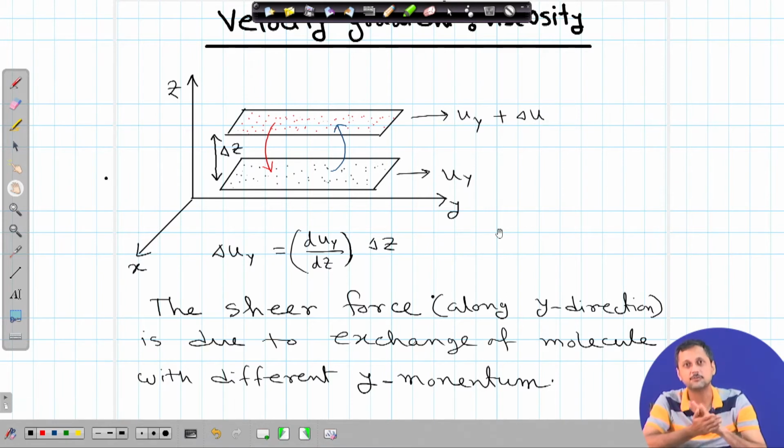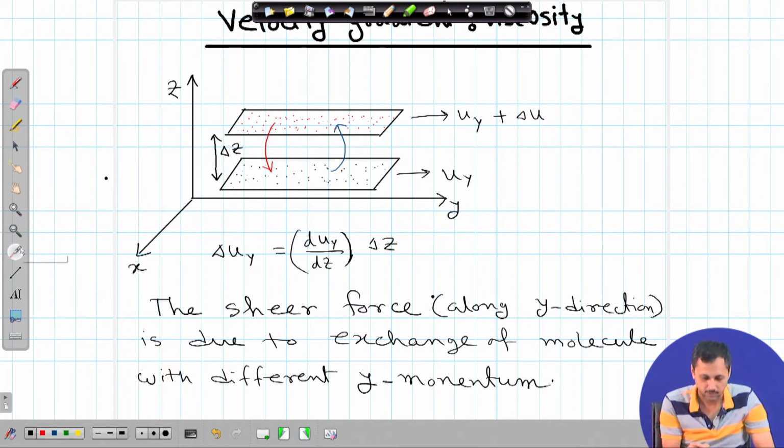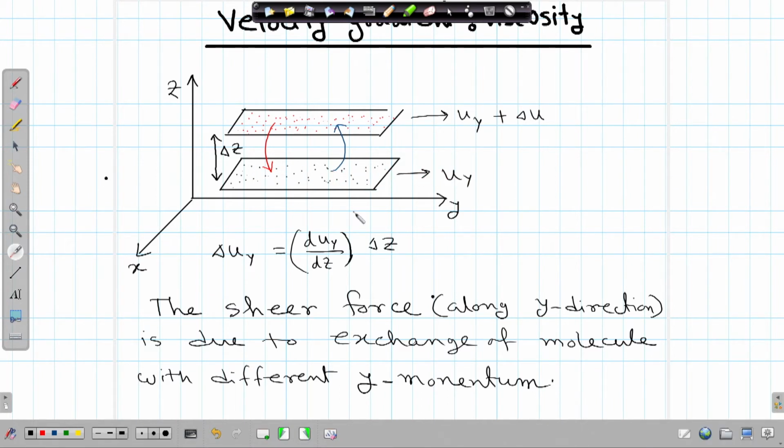So, basically there is a frictional force that is acting along the velocity. If the velocity is along this direction, then the velocity gradient we are talking about is in the perpendicular direction. Now, let us consider this picture more carefully. We have drawn once again 2 adjacent layers, not 3. Let us say x, y and z axis. Both layers are moving along the y direction.